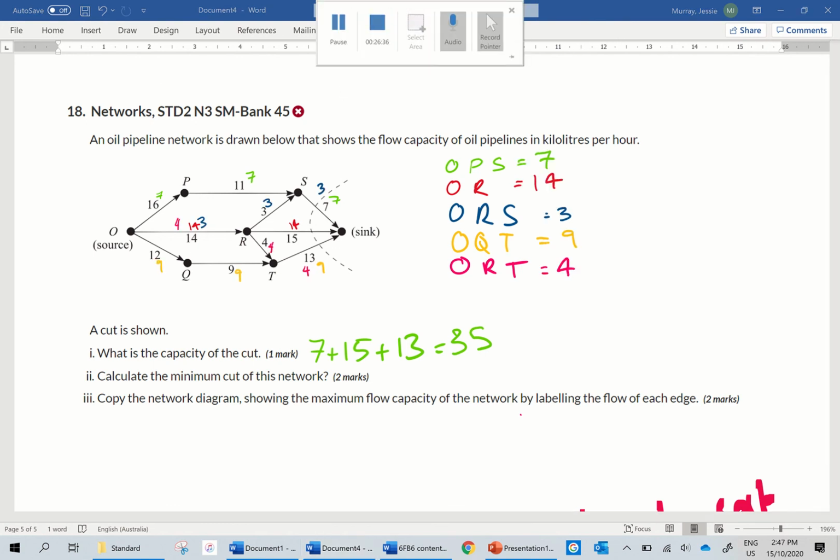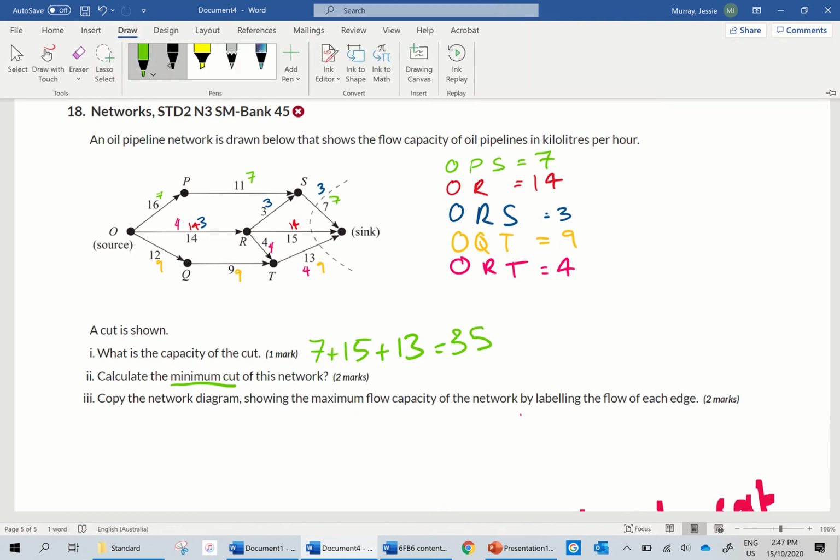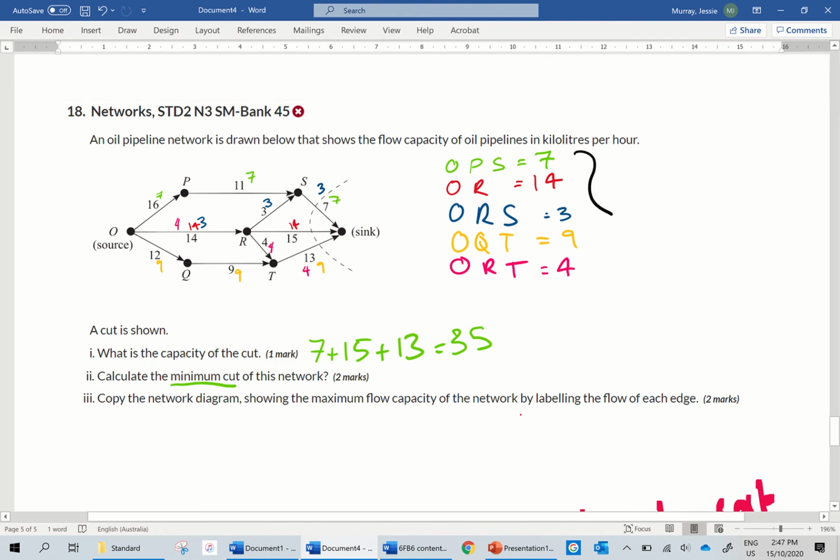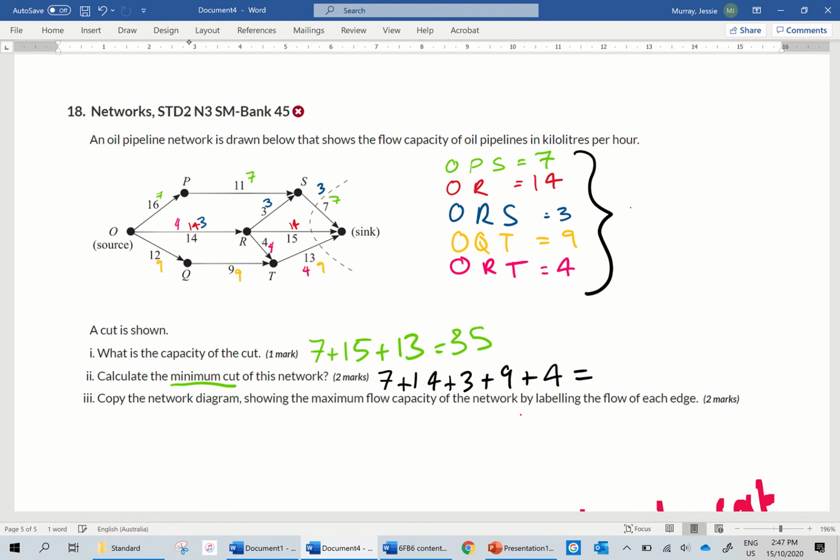Okay, these are the values you should have gotten. The question says, what's the minimum cut? Well, you could go through now and find the saturated edges and put your cut through it, or what does the minimum cut theorem say? The minimum cut is the same thing as the maximum flow. The maximum flow is all of these added together. And it's 2 marks, so I would make sure you're showing enough in your working to get those 2 marks, show where those numbers come from, exactly like we have there. And when you put all of those together,